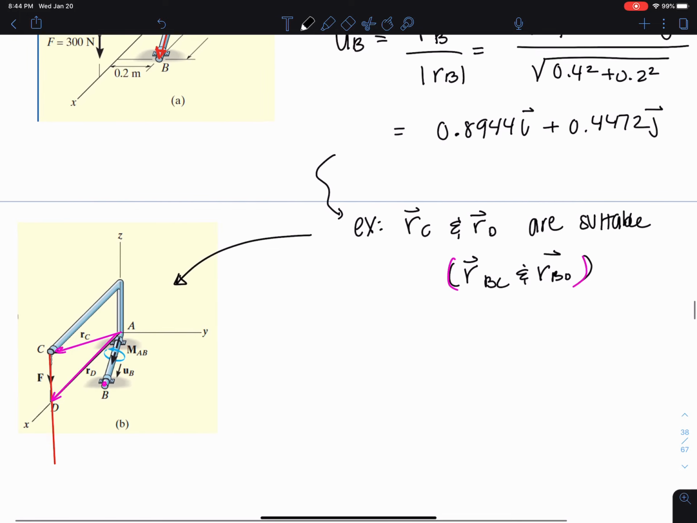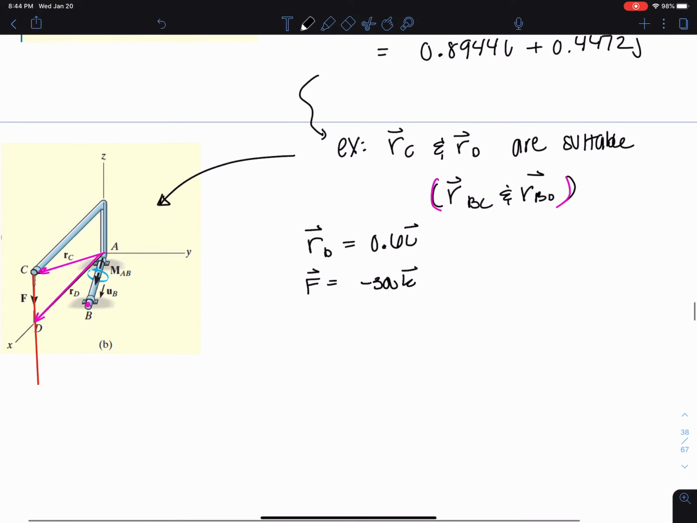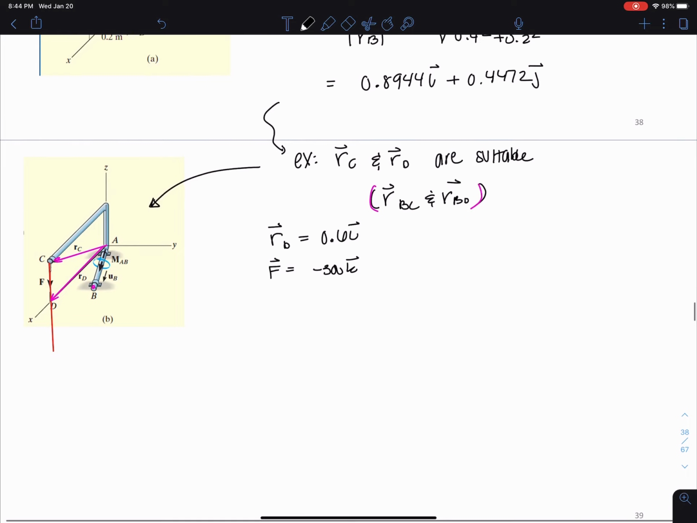Okay, for simplicity here, I'm going to choose RD, because as you can see, all I have to really do to get to RD is go 0.6 on the I. And my F is equal to negative 300 on the K. So you can plug in any one of those, you'll get the same answer, but for simplicity, I'm just going to use RD. So I would have MAB equals the unit vector in the B direction dot RD cross F, and plugging all of this in,